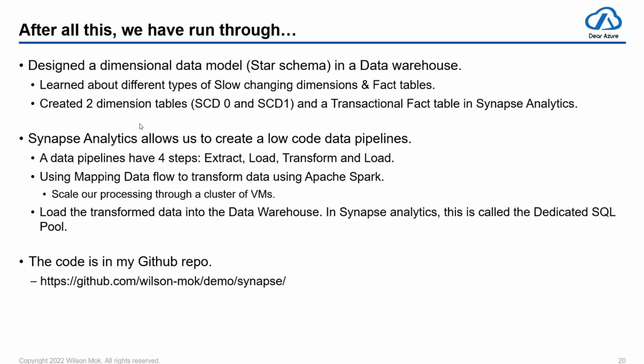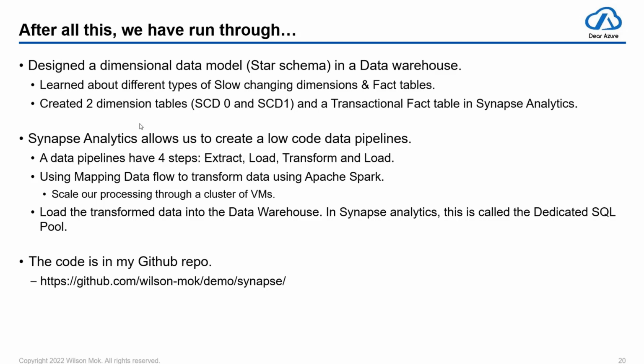Okay. So I kind of gone a little bit over time there. We'll do a quick summary here, and then we'll jump back into the last Q&A here. So just to summarize, we designed a dimensional model here with a star schema for a data warehouse. We learned about different types of slowly changing dimension. More importantly, the SCD1, SCD0, and SCD2, and the different fact tables that we have, the transactional, the periodic snapshot, and the accumulating snapshot, which produced a new row similar to SCD2